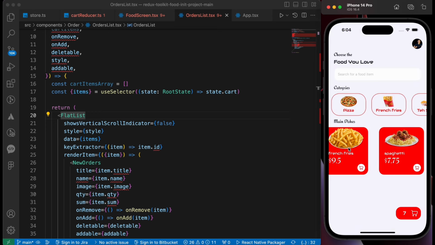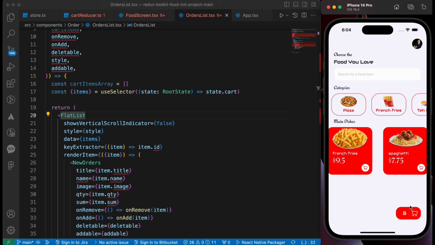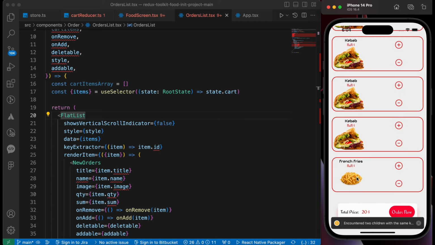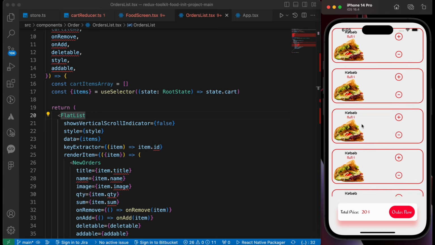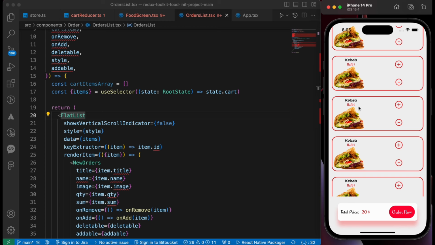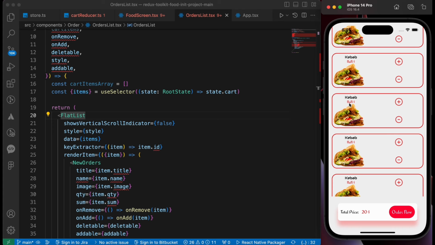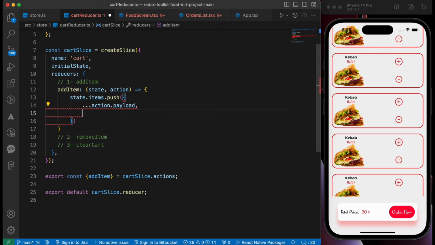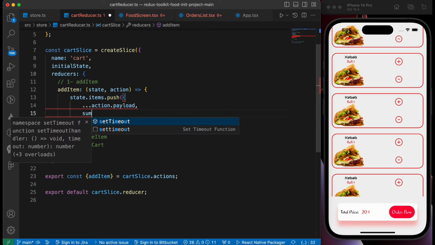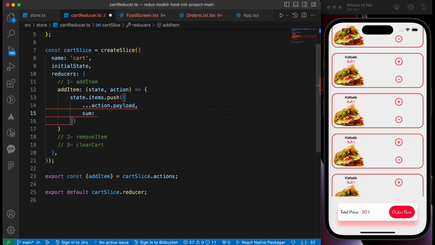When, for example, let's add this French fries. Now it appears here, but the price is none because we didn't add the price, and those are duplicated. How to solve those 2 problems? First, let's solve the problem of the price. Okay, so let's go to our cart reducer and add this important step, and it's gonna be sum equals to action dot payload dot price. Let's press save